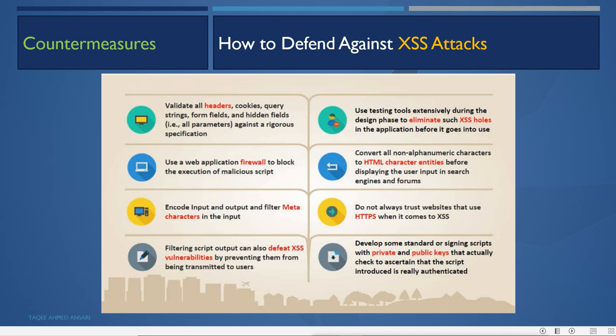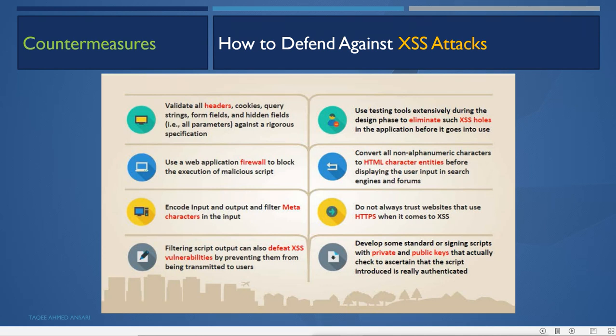Then use testing tools extensively during the design phase to eliminate cross-site scripting holes in the application before it goes into use. So while it is in the development phase, use intensive testing for cross-site scripting holes.